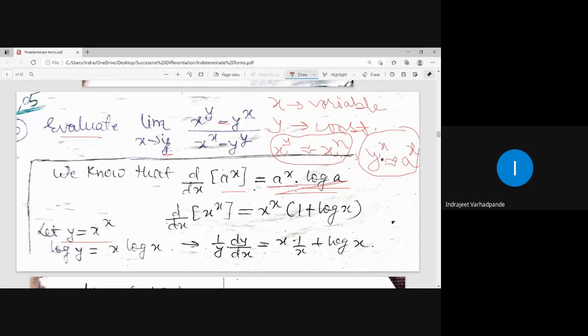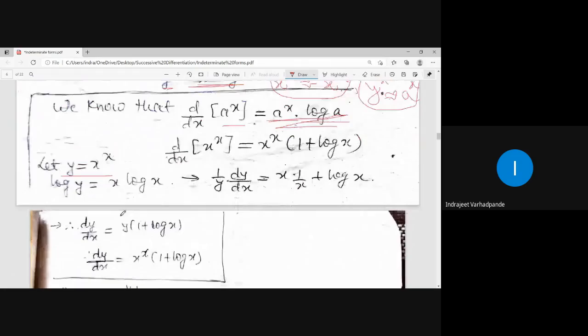Because initially, if you put the value of x as y, you get y to the power y minus y to the power y upon y to the power y minus y. What is this form giving you? 0 by 0. This form is ultimately 0 by 0, right? So initially when you put the limit, it is 0 by 0. And I know that to remove the form 0 by 0, I will have to apply L'Hospital's rule. And for that, it is mandatory to take down the derivatives. For derivatives, we should compare the terms appropriately.